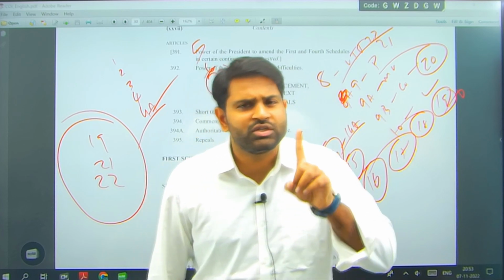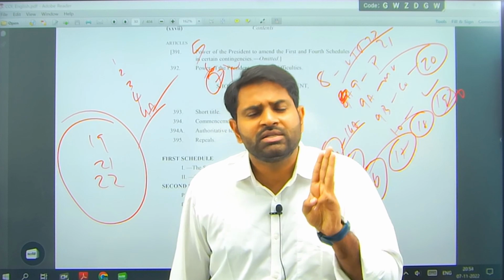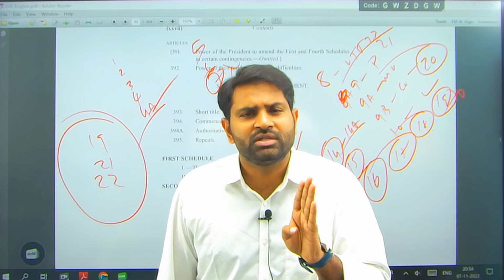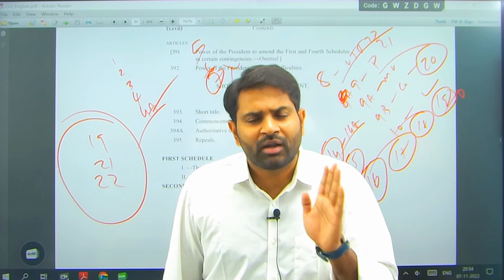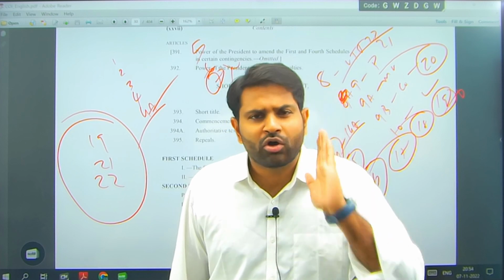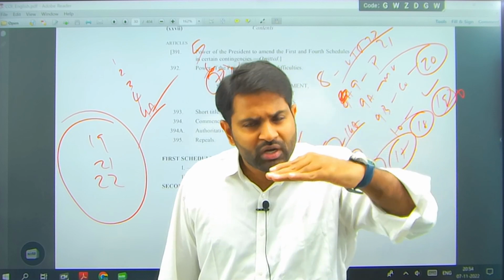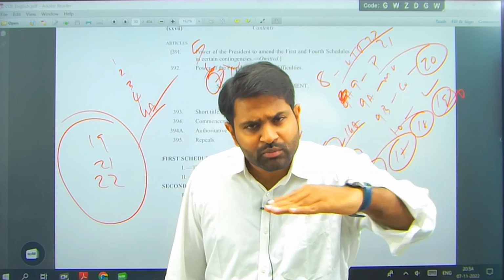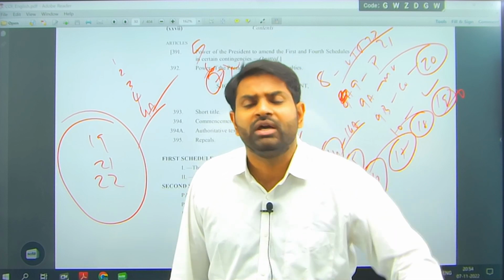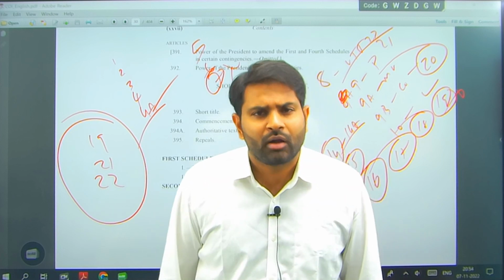First part of the Indian Constitution is union and territory. Second part is citizenship. Third part is fundamental rights. Fourth part is directive principles of state policy. 4A is fundamental duties. Fifth part is union government. Normally you know union government only, but remember you have union government, state government, then union territories, then local governments, municipalities and panchayats, then we also have scheduled areas. Don't forget scheduled areas. Scheduled areas are a different type of administration. People will normally leave that particular part.